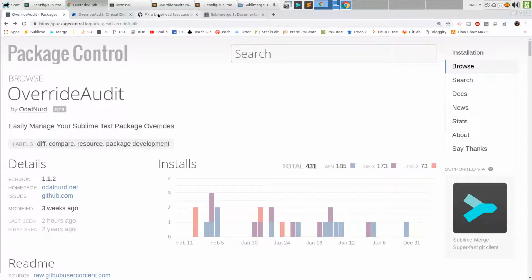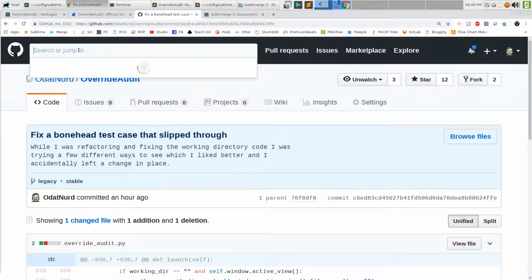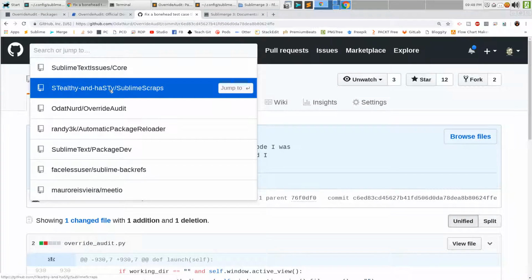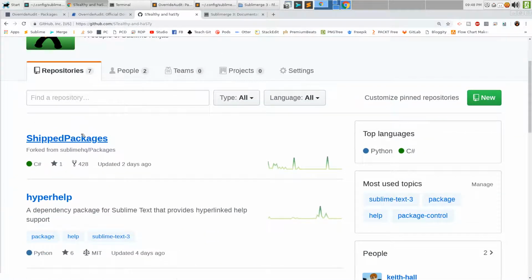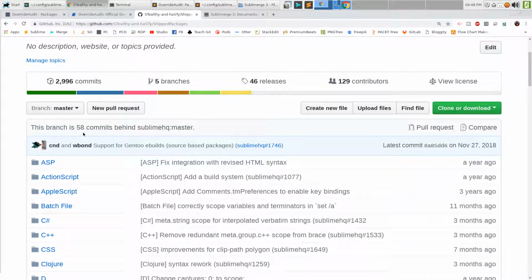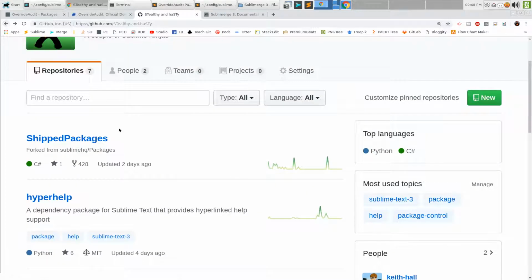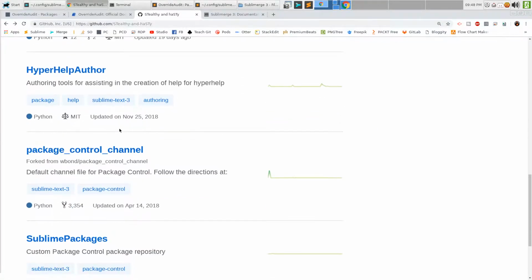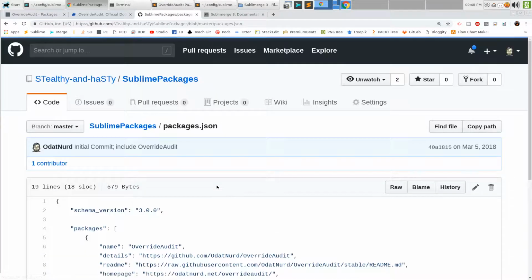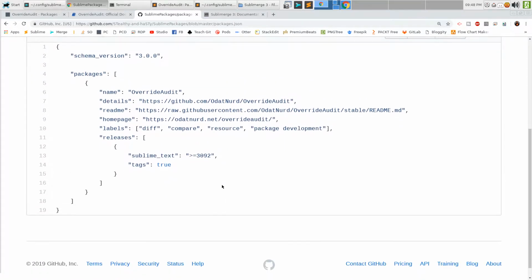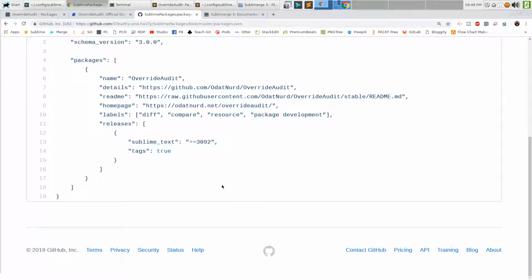And actually, if we really wanted to see the full end-to-end process, if I went to here, nope, excuse me. If I went to here, nope, oh, that's right. Yeah, I forgot about that. This one here. This is what the channel entry looks like for this package. So the thing you do to actually get your package into Package Control is not this. You need to,